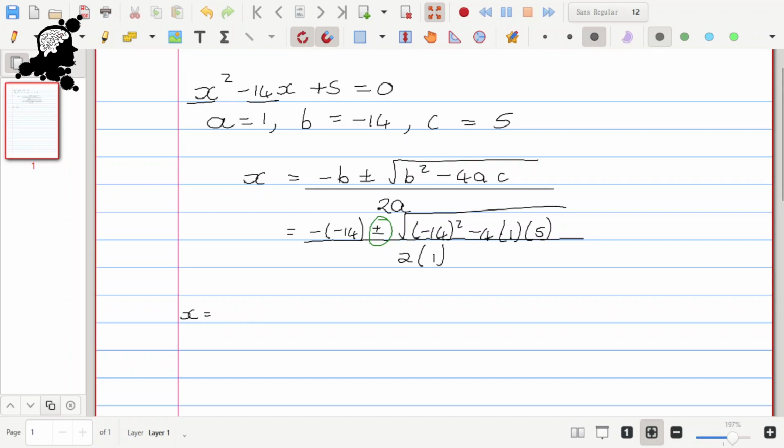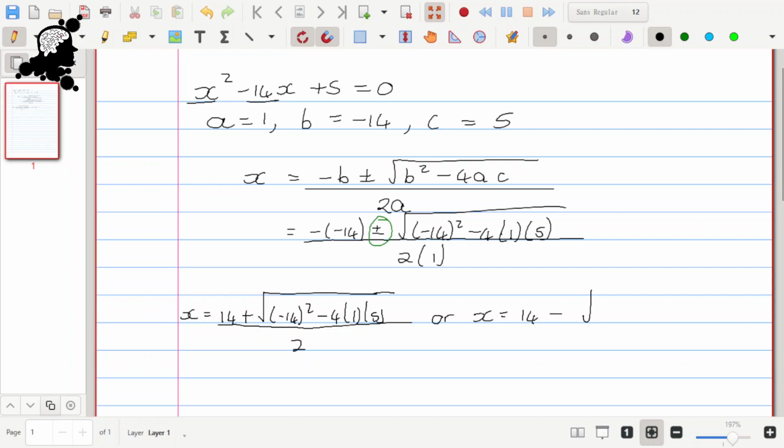So x is equal to positive 14 plus the square root of negative 14 squared minus 4 into 1 into 5, and this is all over 2, because 2 times 1 is 2. Or x is equal to 14 minus the square root of negative 14 squared minus 4 into 1 into 5